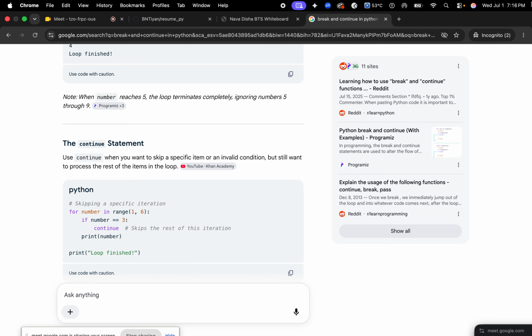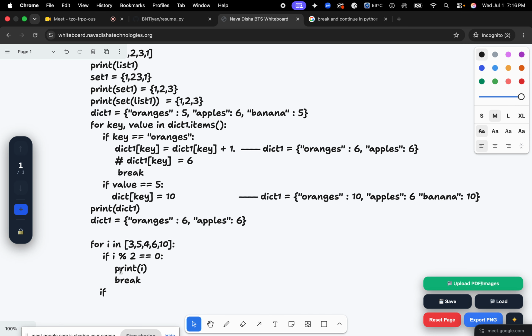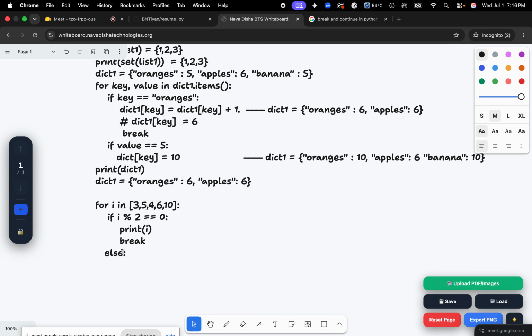So if it is an even number, you are printing the element and you are breaking it. You are not continuing anything. If it is an odd number, you just have to go to the next element. By default also it will go. If it is not an even number, it is an odd number, right? So I'll just use else. We have else if also, where you can add an extra condition. So in the else, I will print